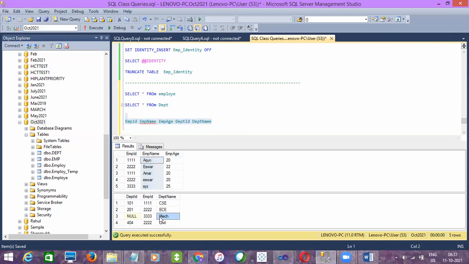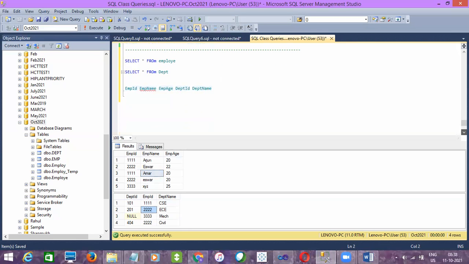So here we have two result sets, right? I need to display them in a single result set, which means there are two tables involved here. We need to fetch a few columns from one table and another few columns from another table, right? So any idea how to fetch these?